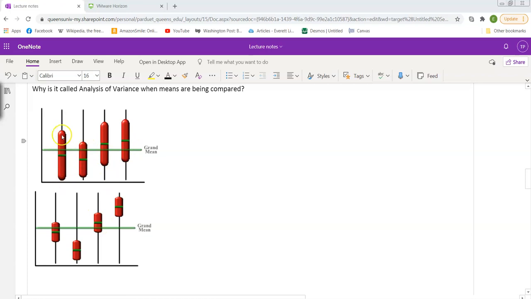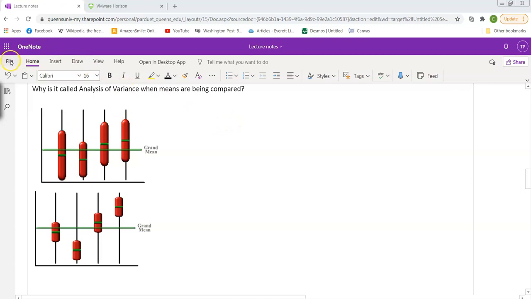Each of these red things, to me, looks like a medicine capsule. But each of these represents a group. So in this picture, we've got four groups that are being compared. There are two kinds of variability that we might see. There's the variability within each group. So if you look at how wide each group is,